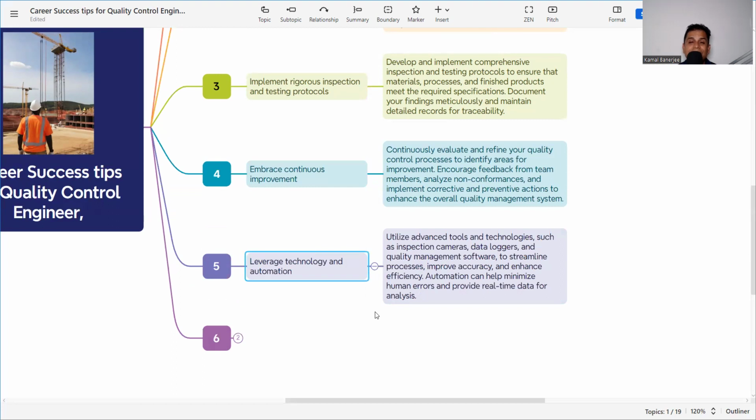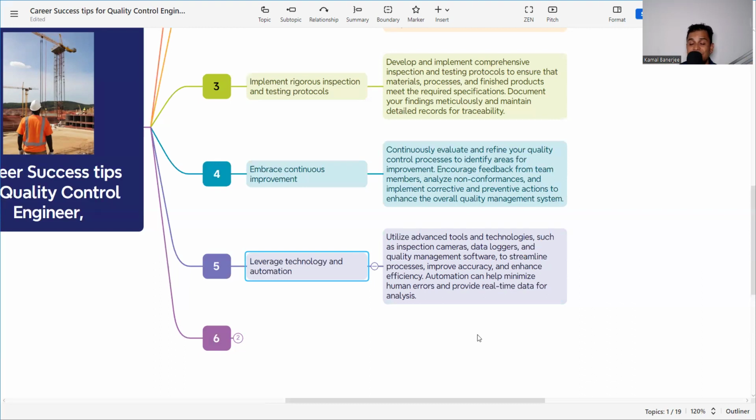Now we are in an era where technology is advancing day by day. And in construction, there is huge technological advancement. So you need to keep an eye on whatever technology is coming, and how it can be managed or used in your project, so that you will stay ahead of the others. So utilize advanced tools and technologies such as inspection cameras, data loggers, and quality management software to streamline processes, improve